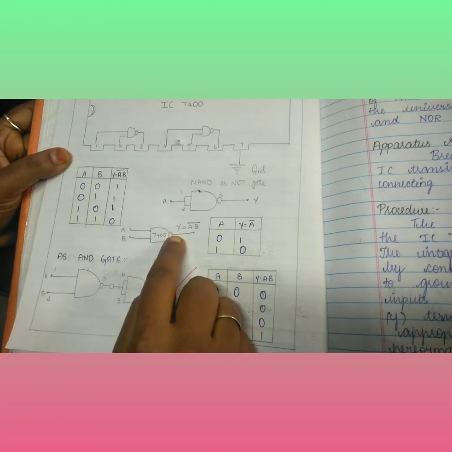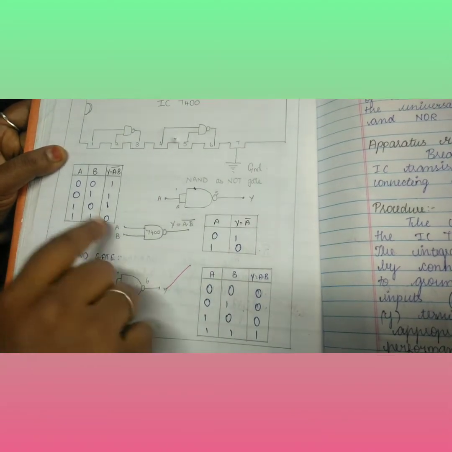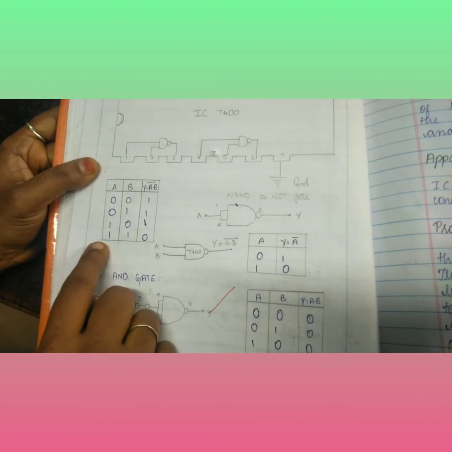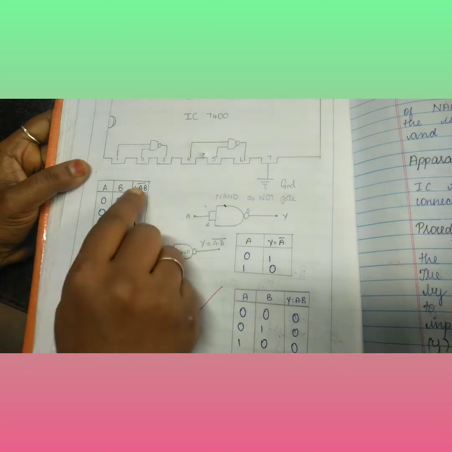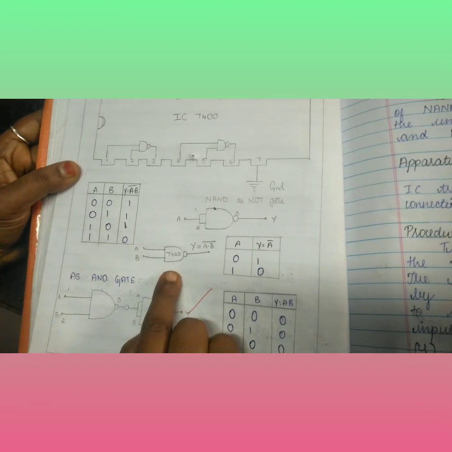The functioning of NAND gate is the inversion of AND gate, that is Y is equal to A dot B bar. So this truth table indicates the functioning of NAND gate. When both the input variables are high, we obtain 0. Otherwise, if any one variable is low, we obtain 1, because if you put two values as 0, 0 dot 0 is 0, so 0 bar becomes 1. 0 bar is 1 and 1 bar is 0. So that is the function of NAND gate. Okay, now it's clear for you.